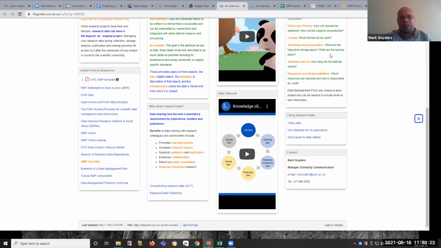You may not necessarily be able to answer all of the questions immediately, but it's important to show that there is an attempt to manage the research data. So in terms of archiving and preservation, what you could say, for example, is that your data is going to be stored for a particular period of time.